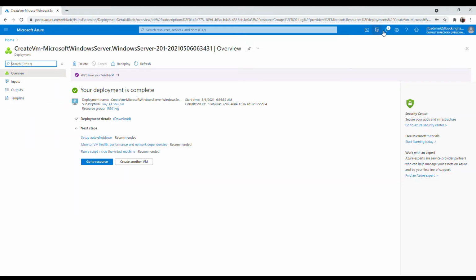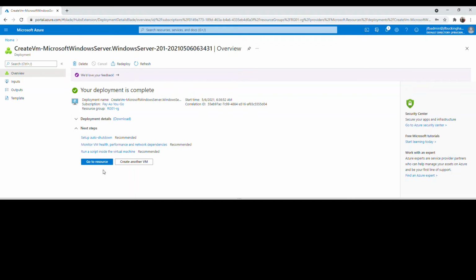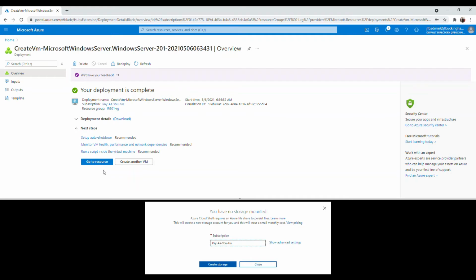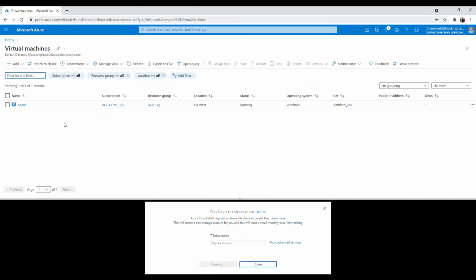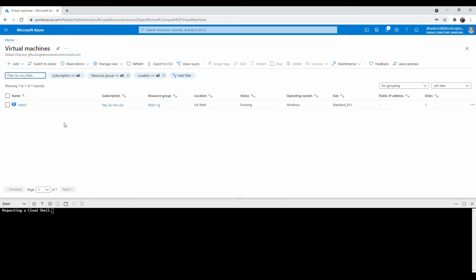Okay, with the deployment complete, we're now going to open up the Bash console. Through there, let's just get into that. Create storage. That's going to take a while to create, so while we do that, we're going to go to Home, Virtual Machines, and we can see VM01 there, so that's all the information we're going to need. Okay, so we're at the prompt now, so the first thing we're going to do is start with az